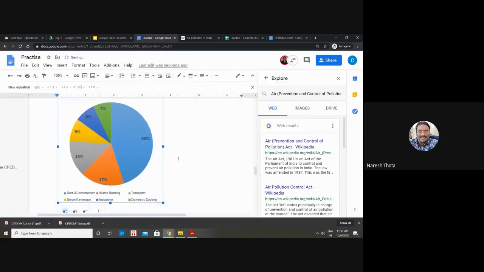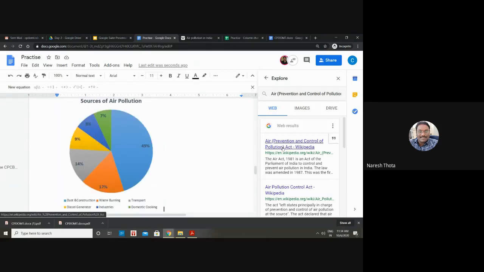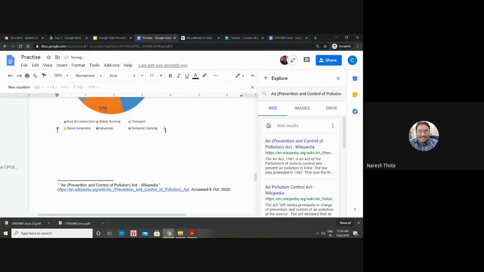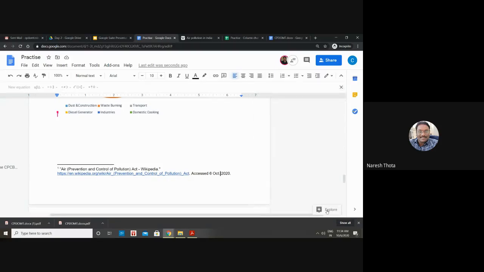But I want to give a proper reference for this because this is not my work. So let's assume I have taken it from this one, air pollution gradient. Just cite it. Once you put the tab just adjacent to the figure, you can cite it as a footnote. What it will do is give a number and the corresponding reference, which is cool actually. You don't need to type all that stuff when you are taking web references, because we are going to use a lot of web references. I think this explore button is going to be very useful. Okay, I suggest each one of you create a document and put some web references, adding citations this way, so that it will be practiced for you.